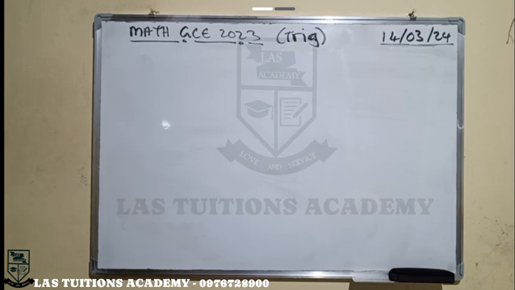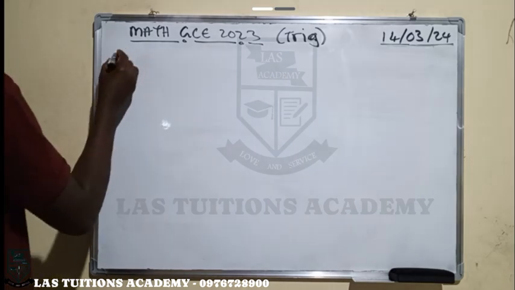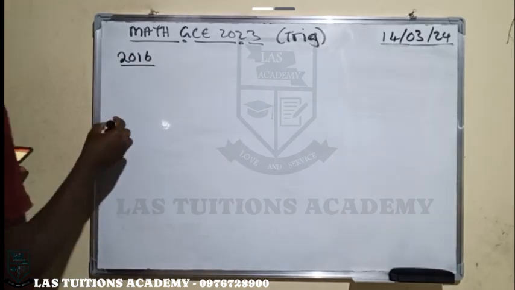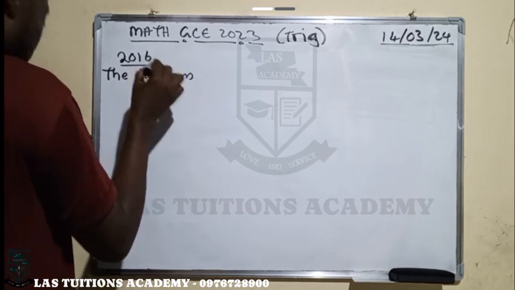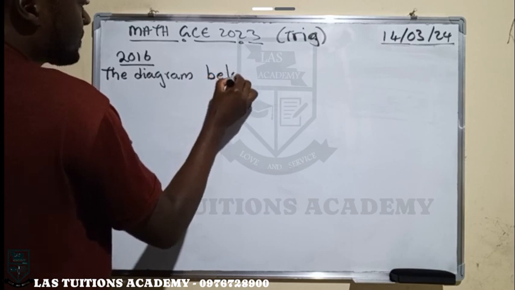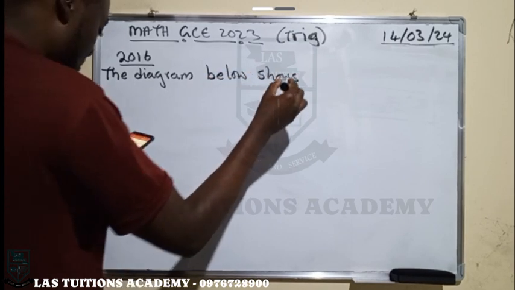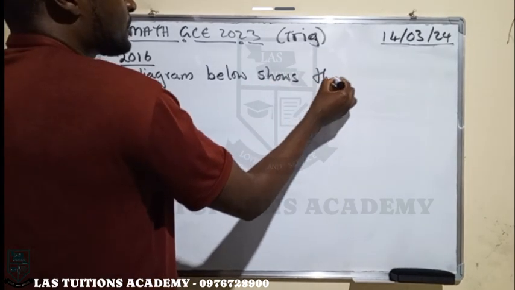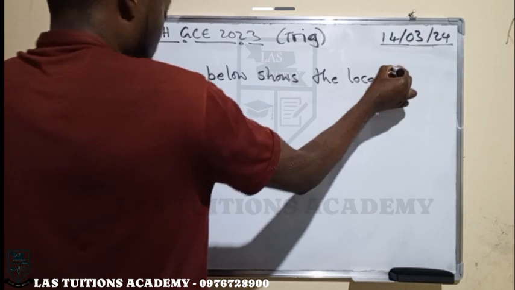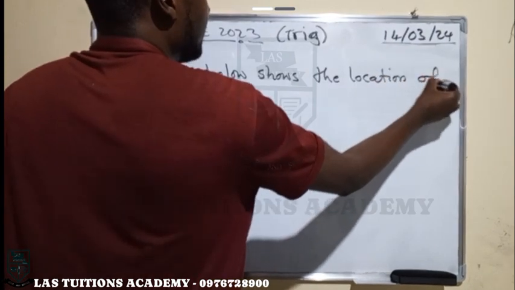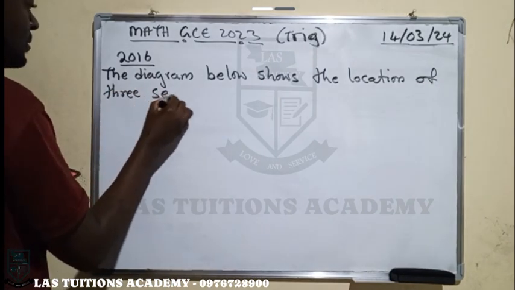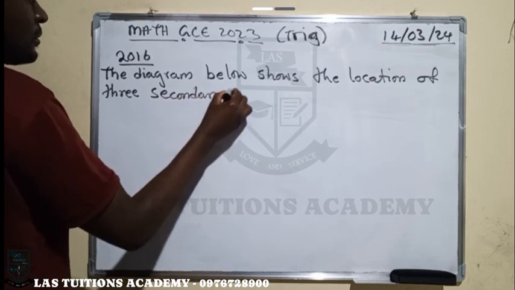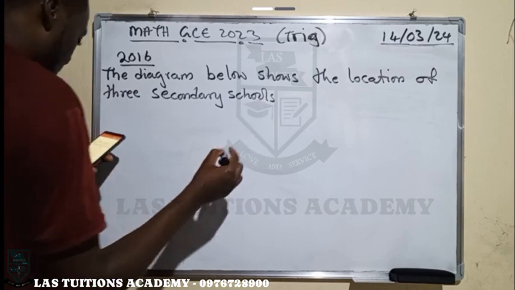So let's go back to 2016. In 2016, we had this question, which says the diagram below shows the location of three secondary schools, namely